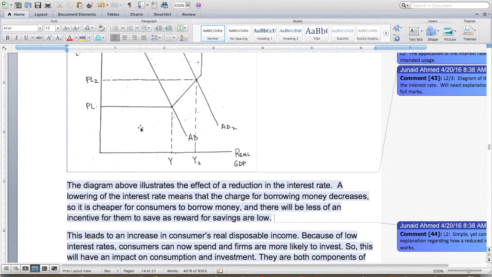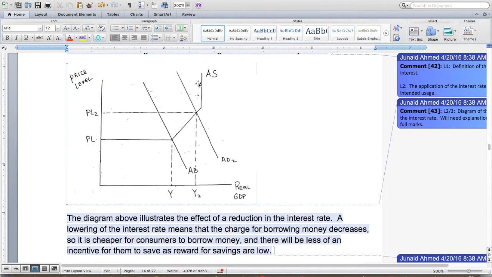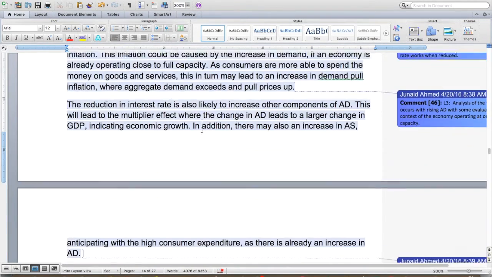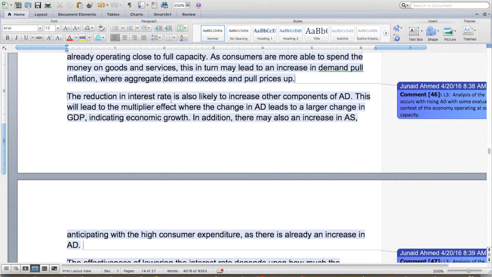So we're talking about going from 80 to 82 is great, but if it goes further along this curve, then we could just see a rise in the price level without much increase in output. Let's see, so the reduction in interest is likely to increase the other components of aggregate demand. This will lead to the multiplier effect where the change in AD leads to a larger change in GDP, indicating economic growth. In addition, it may also increase